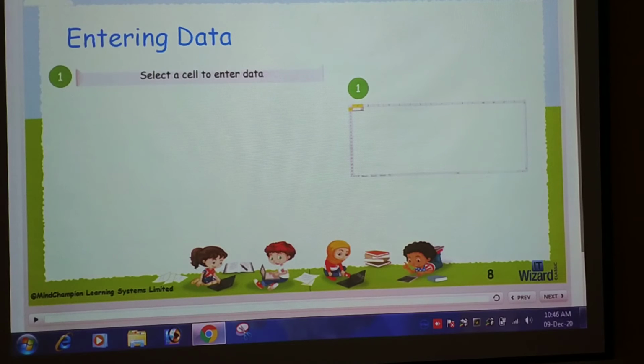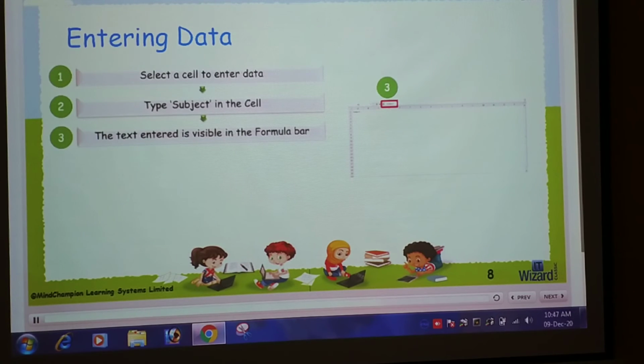Now, when we open Excel, how to enter data? Now let's see one by one. Select the cell to enter data. After that, type subject in the cell.